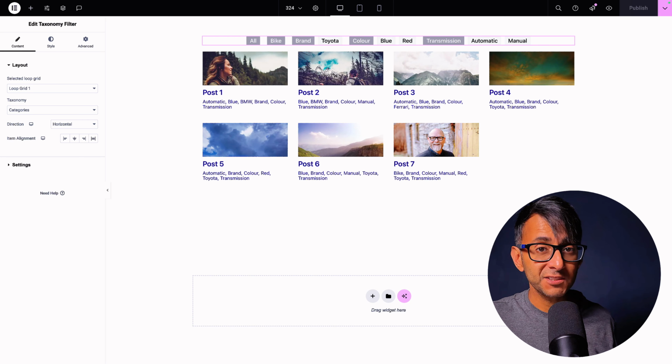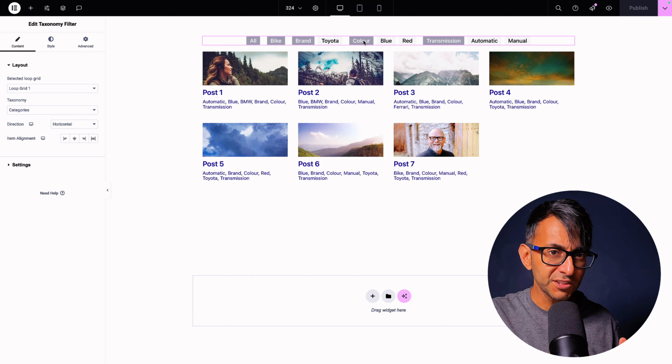You might be using a taxonomy filter with your Elementor loop grid, but you might want to hide particular items outside of the filter. I'm going to show you how to do that. Now, the most common way to do it, which won't actually serve your purpose, is to just go and click